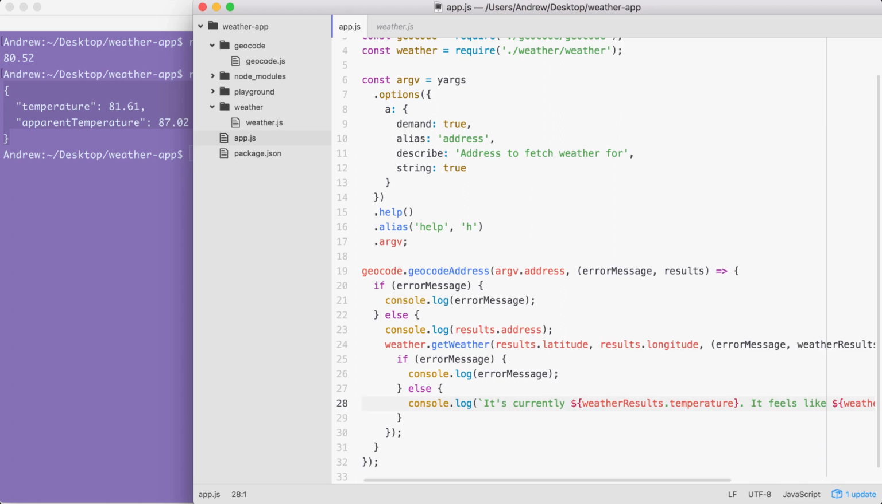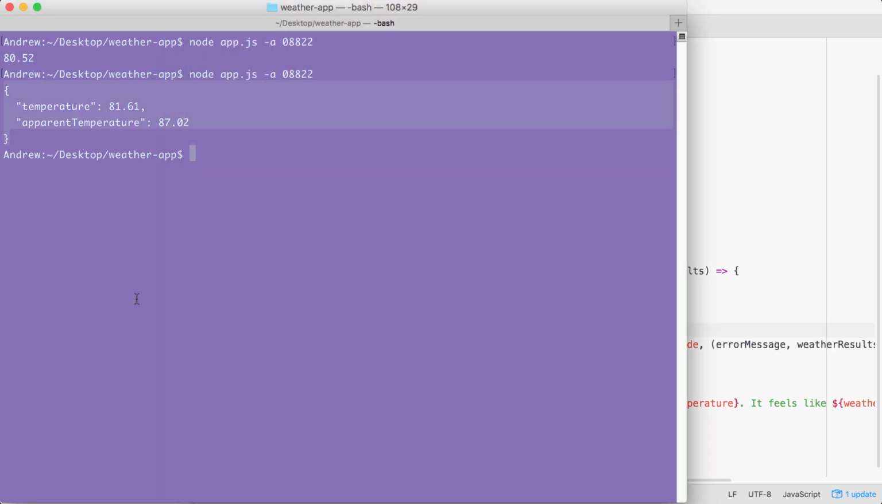We now have a console.log statement that prints the weather to the screen. We also have one that prints the address to the screen, and we have error handlers for both geocode address and get weather. Let's go ahead and test this by rerunning the previous command. I'm going to go ahead and use that same zip code 08822. When I run it, I get Flemington, New Jersey as the formatted address, where it currently is 81.56, but it feels like